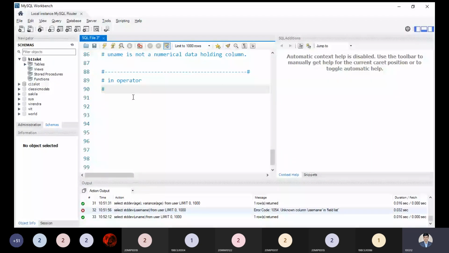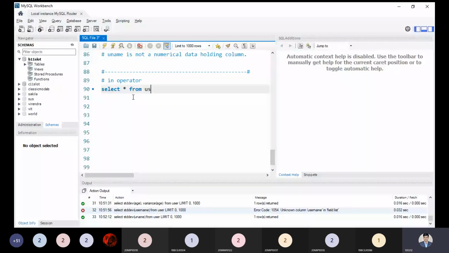Let me explain the concept in a simple way so you will be able to understand it properly. Before that, let me show the table I'm using right now, the user table.